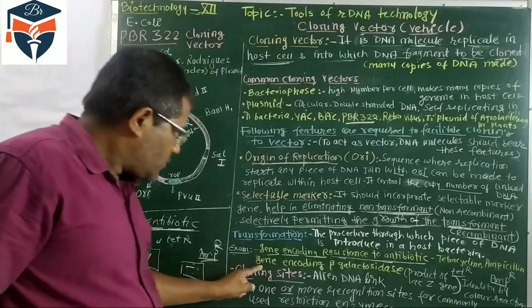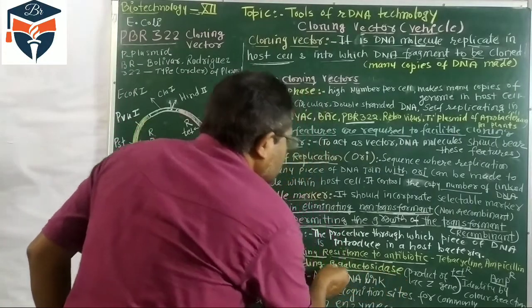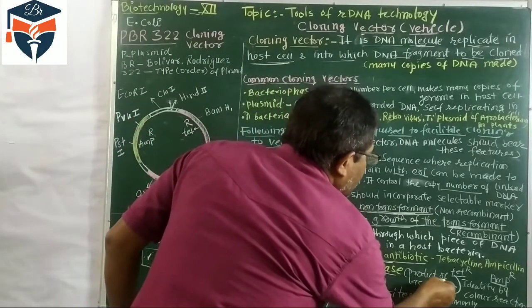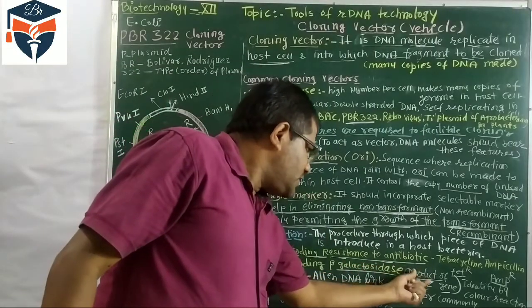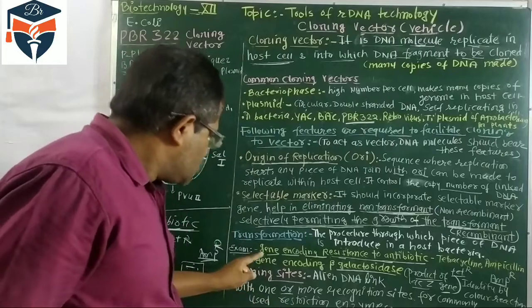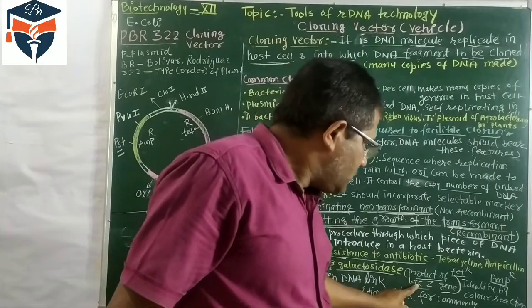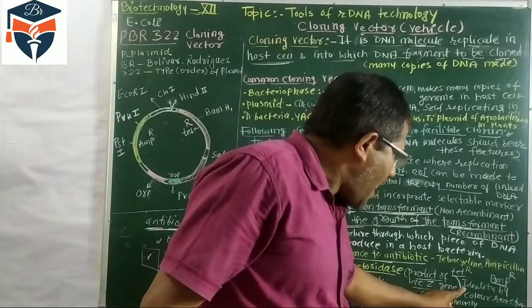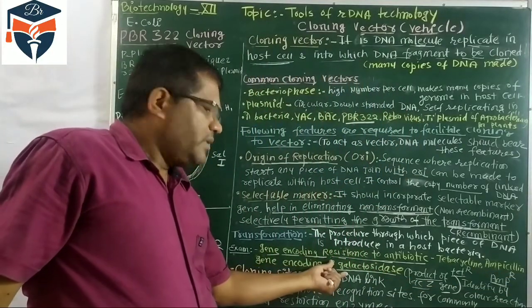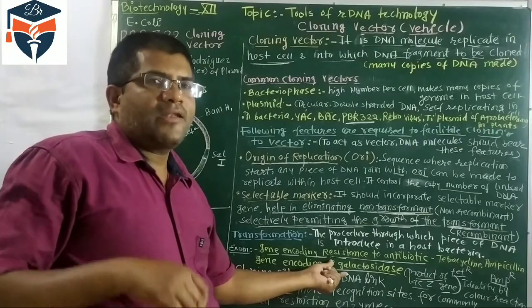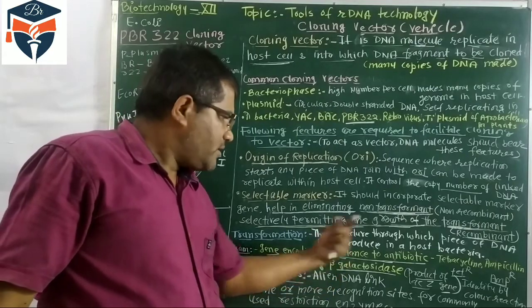One more gene encodes beta-galactosidase. This beta-galactosidase enzyme is a product of the lacZ gene. So the lacZ gene produces beta-galactosidase. The gene encoding beta-galactosidase, the product of the Z gene, helps to identify by the color reaction. By the color reaction, we can tell whether beta-galactosidase is activated or inactivated. It is identified by the color reaction. Later we are coming to this one.